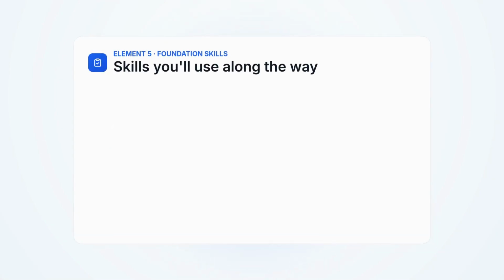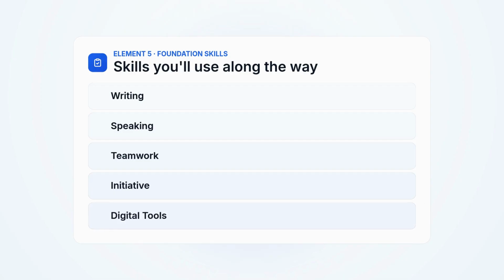Element 5 focuses on evaluation and continuous improvement. You'll learn how to evaluate creative experiences by observing children closely, using critical reflection to think about what supported learning, gathering feedback from colleagues, families, and children, and documenting outcomes in line with your service's policies and procedures. The goal is not just to record what happened, but to use that information to improve future practice. In other words, evaluation should help you make thoughtful decisions about what to keep, what to adjust, and how to better support children's creativity over time.